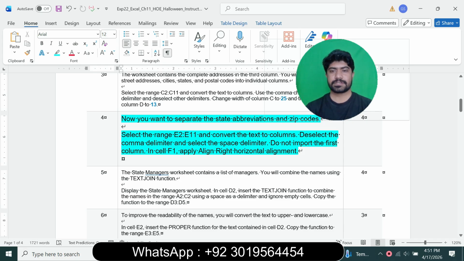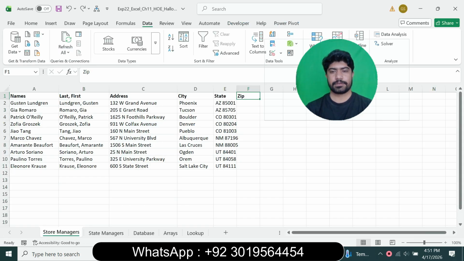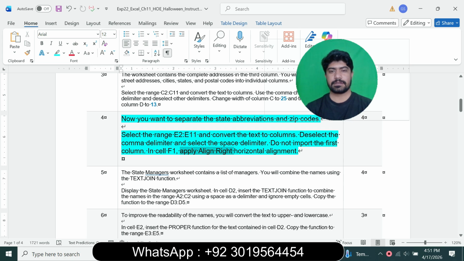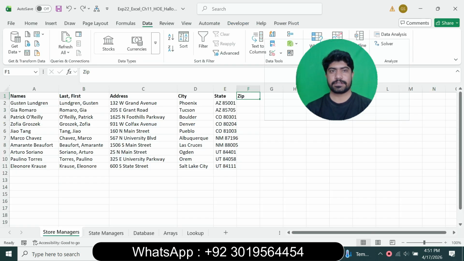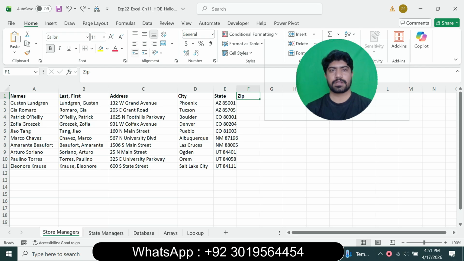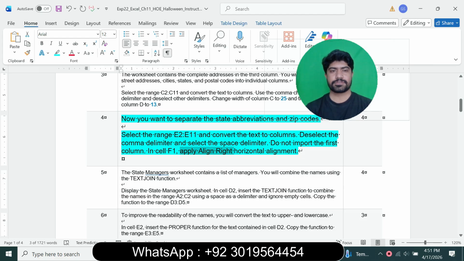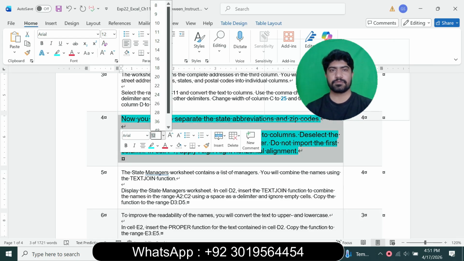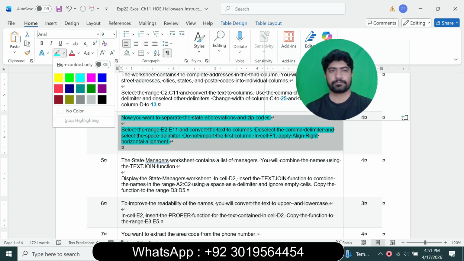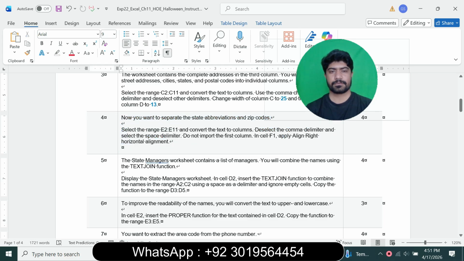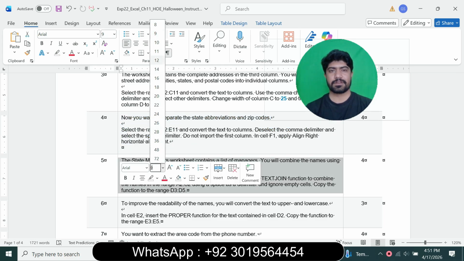So next in cell F1, apply the align right horizontal alignment. Go to the Home tab, go to the Alignment group and click align right. So question number 4 is complete, and we move to question number 5. So question number 5 is,